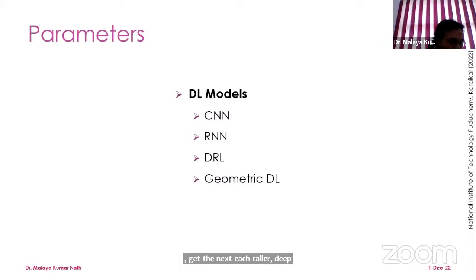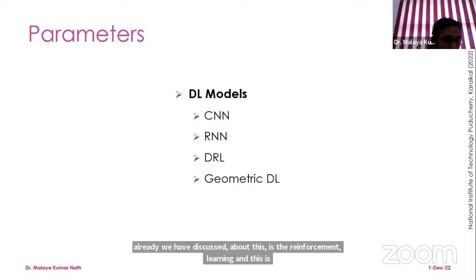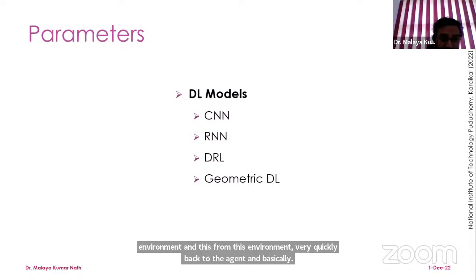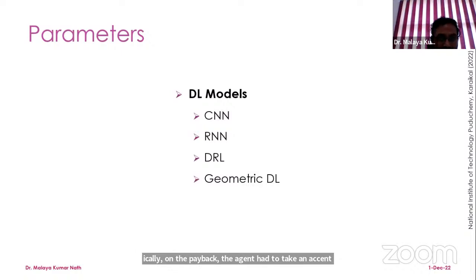deep reinforcement learning. We have already discussed deep reinforcement learning, and this reinforcement learning uses an agent as well as an environment. From the environment there is feedback to the agent, and based on the feedback the agent has to take an action so that the reward is maximized. Now blockchain is using this DRL, deep reinforcement learning, in the case of roadside assistance, accidents, or logistics. So agents are basically implicitly validated or penalized depending upon their behavior.